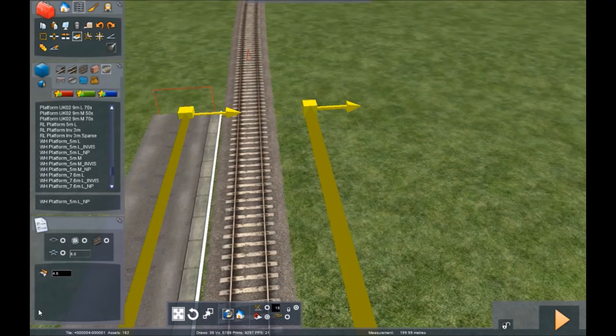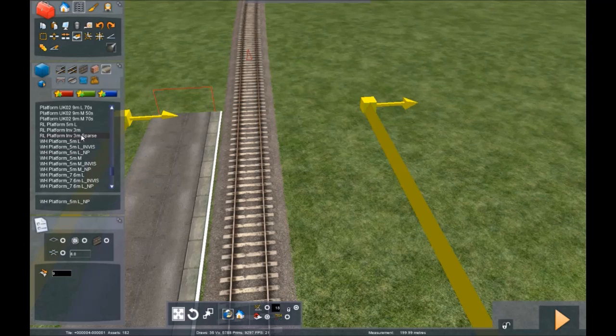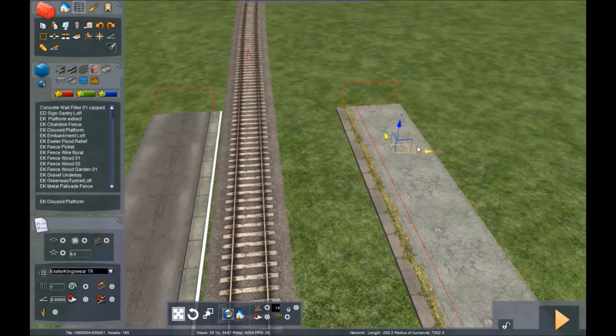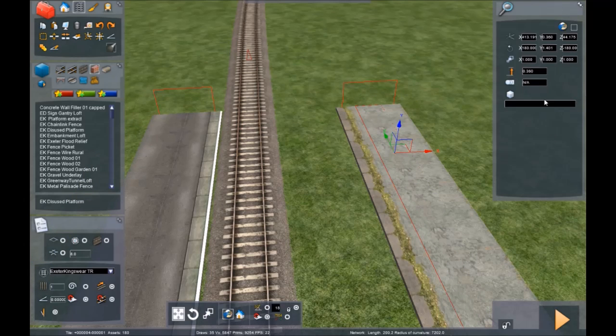Pull that out, I'm just going to double that to be 9. So it's quite a long way away from the track. And I'm just going to put it over here, as you saw earlier, where it was. I'm just going to put in the disused platform. The glow used to belong somewhere, and then do that up here to 1.3,